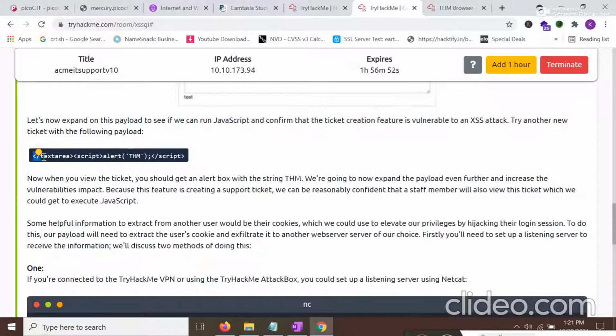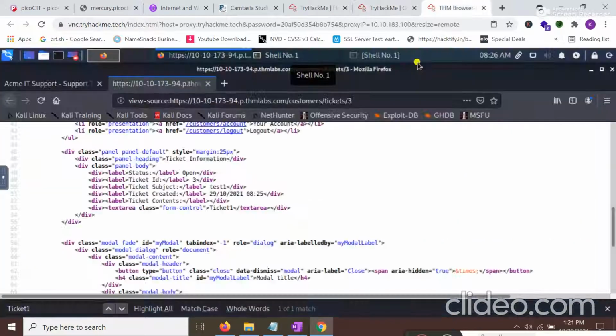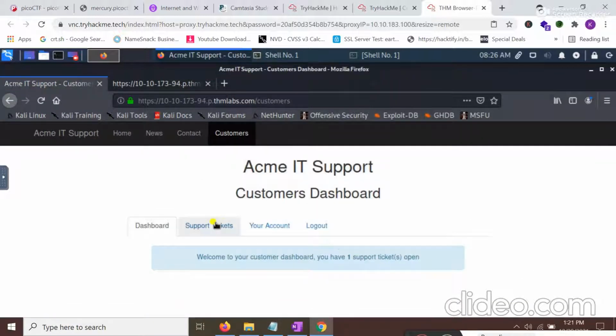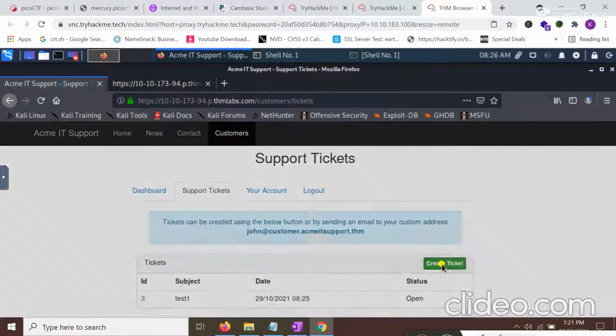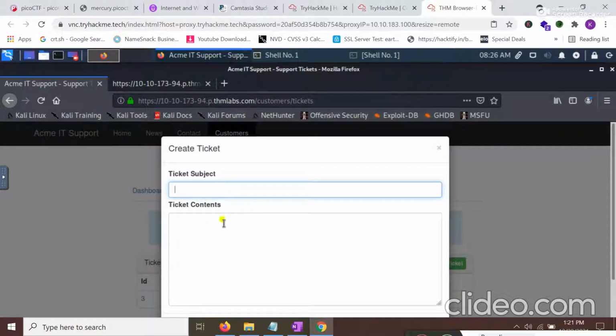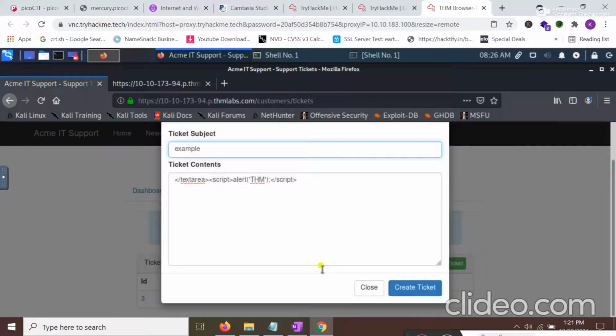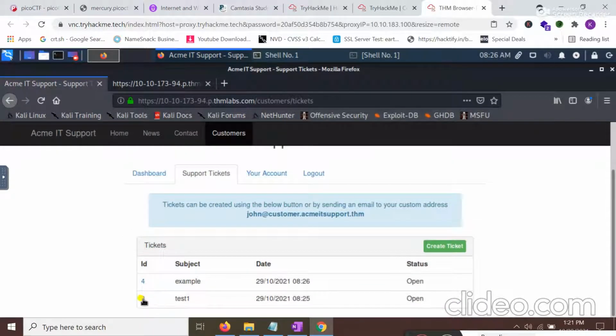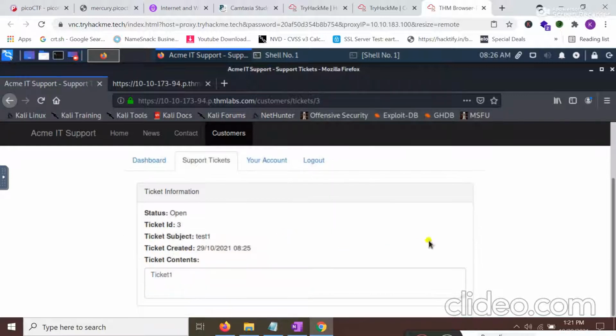I'm going to copy this from here, and now if I click on dashboard, support ticket, create ticket, and use this payload and type example here and hit enter, the second ticket is created.